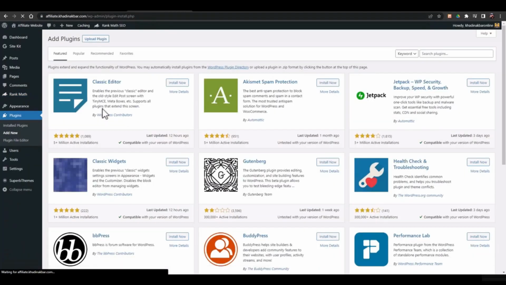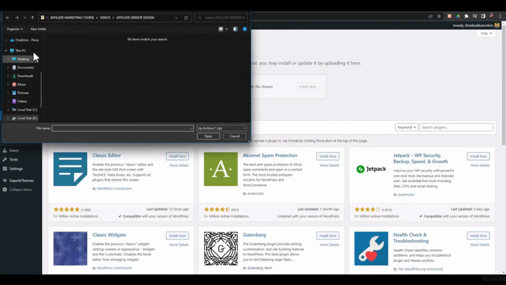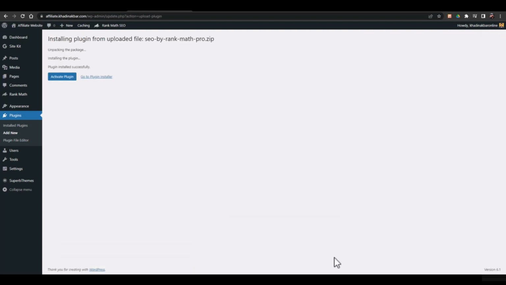click upload, select choose files. In downloads, I'll select this one, and here I'll click on install now. Within a few seconds it would get installed because it's not a really big plugin. So here you go, the plugin got installed, and now I'll just click on activate and the plugin would be